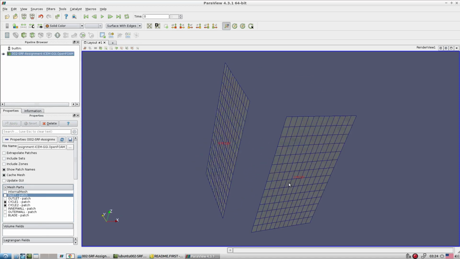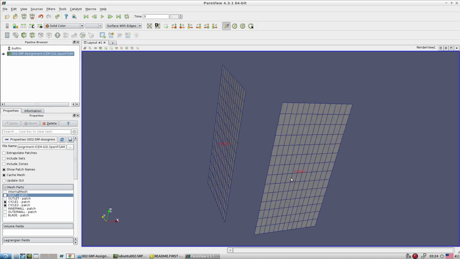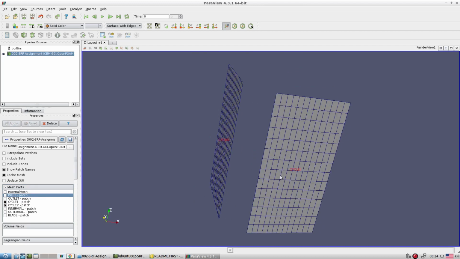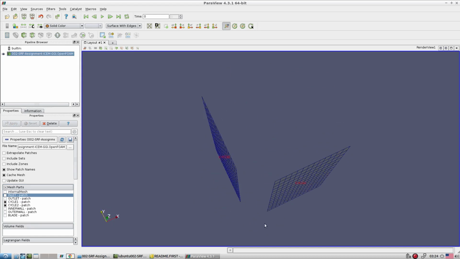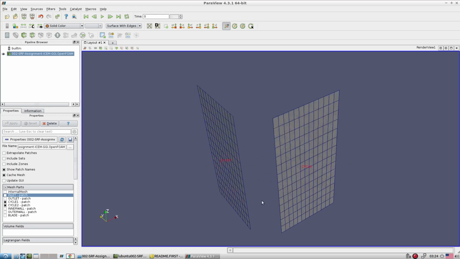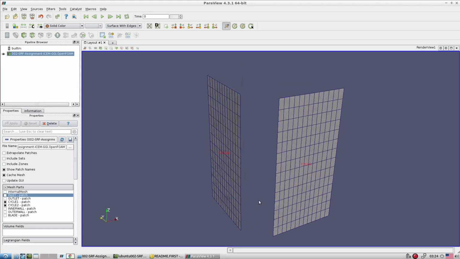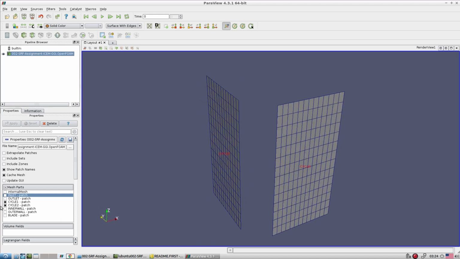Even though the GGI interface is not required here, I want to show you how you can set up the GGI. That's why we are working with the GGI. You could work with cyclic straight away, because the patch where we want to give the cyclic is not twisted or anything, so you can apply the cyclic directly. But I want to show you how you can set it up with the help of GGI.